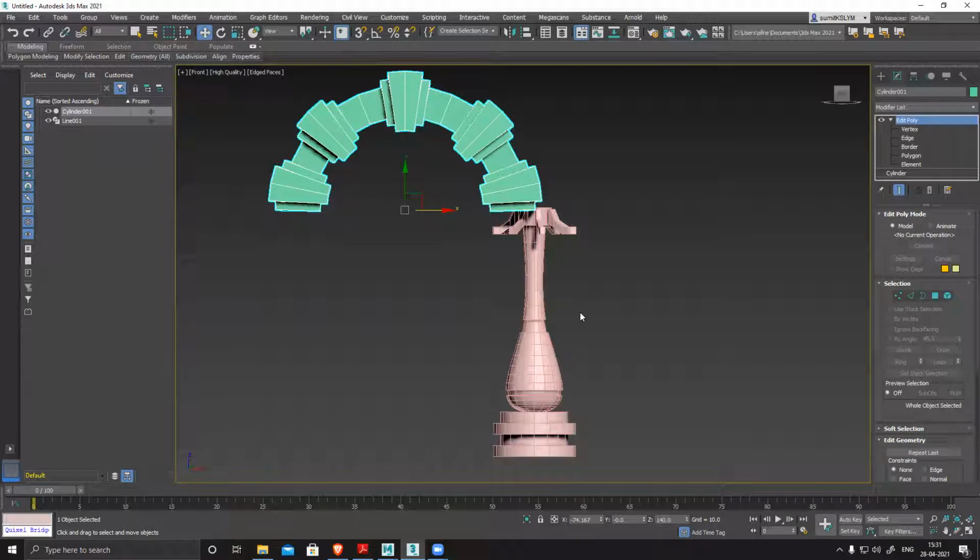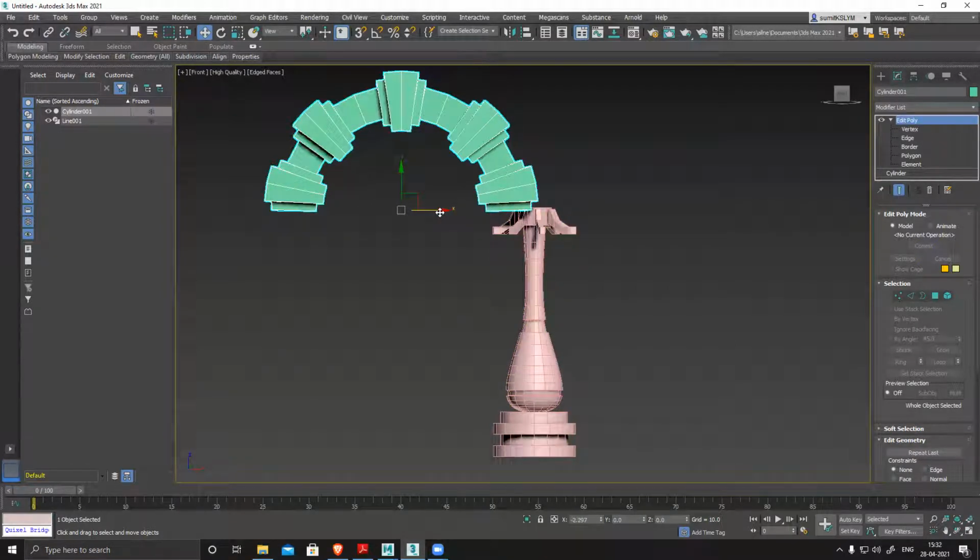So the idea is, usually if you've seen any dome, or if you have been to any mosque, or maybe some temples, they have this pillar. Usually this arch reaches half of this pillar, and just next to this there's another pillar, another arch, right? So it works like this. You need to plan it accordingly. So you have to push it here and keep it like this. Now you have this section.